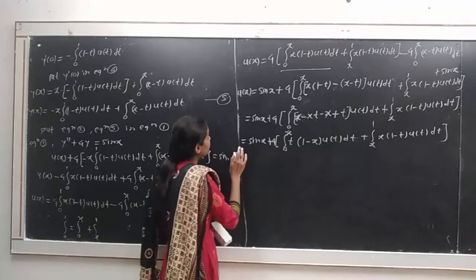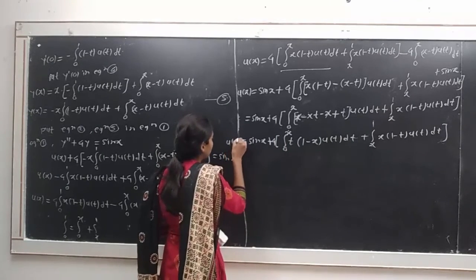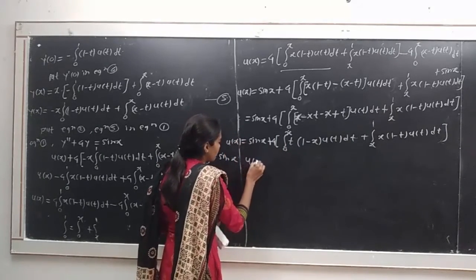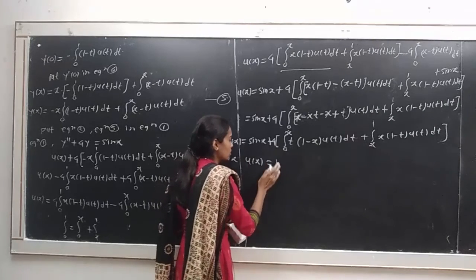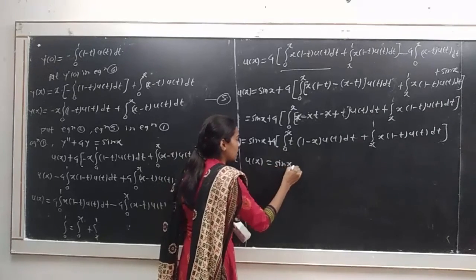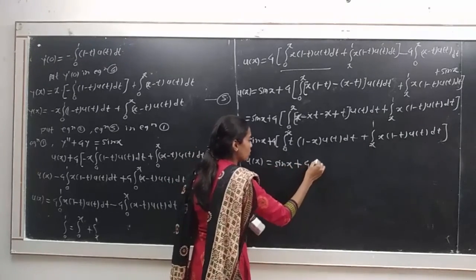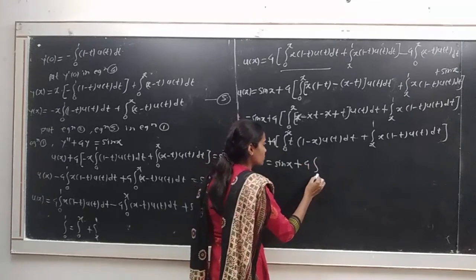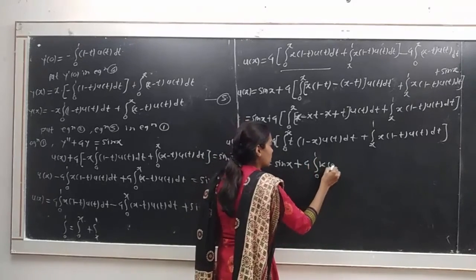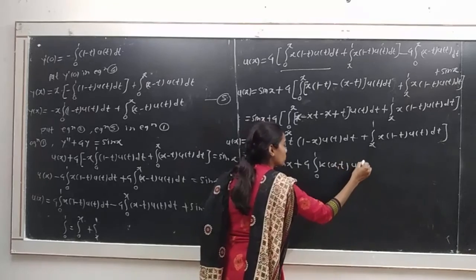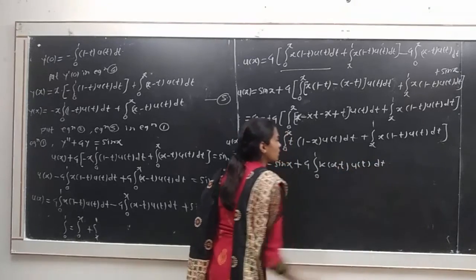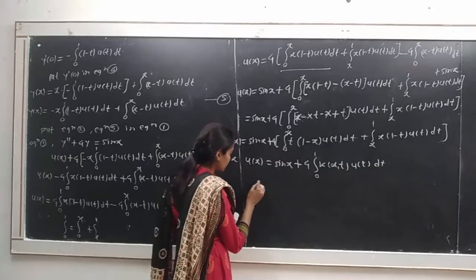Or we can write this as u of x is equal to sin x plus 4 integration from 0 to 1 of k of x,t into u of t dt, where k of x,t is equal to,